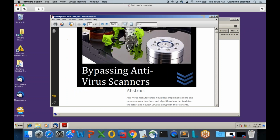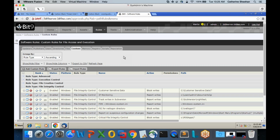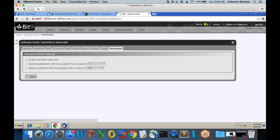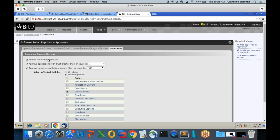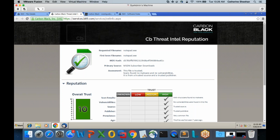So that's what's going on there. Getting back to our console, the last item I like to touch on from a protection perspective is our reputation tab. When it comes to application control, there's always going to be that one end user that wants to run something we haven't accounted for. When that happens, we want to make sure we have a backup plan in place. We can take that file, run it through our Carbon Black Software Reputation Service Cloud, and get a trust score rating. I just have a reputation report on